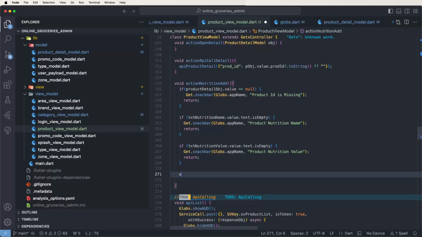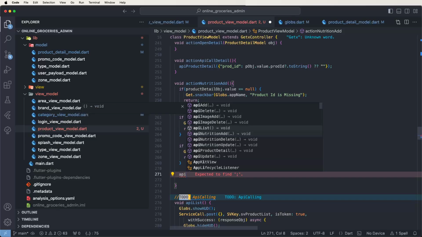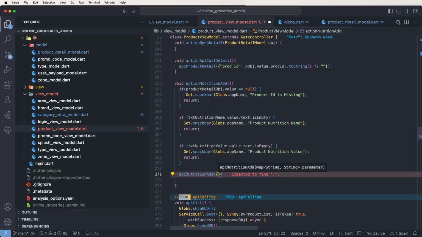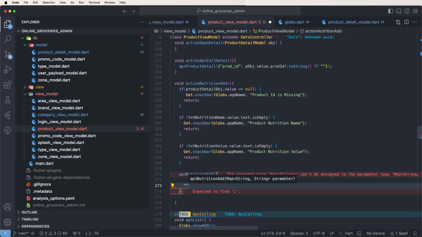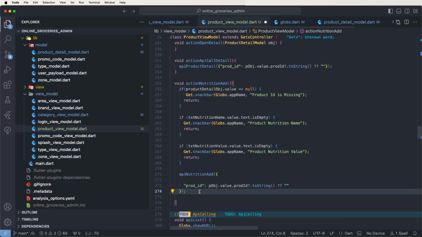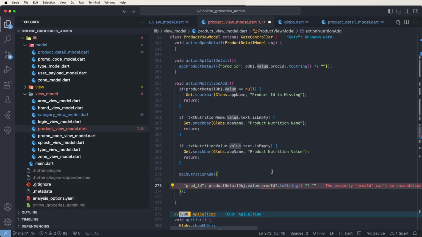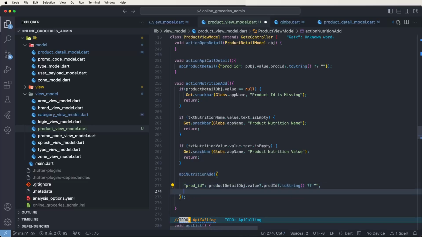And need to call this here the API add nutritions and pass this here the parameters. First of all, need to set this here the product ID. Now need to copy here, paste this here. Now need to change this here product details image. Now need to set here the text fields. Need to set here the nutrition's name